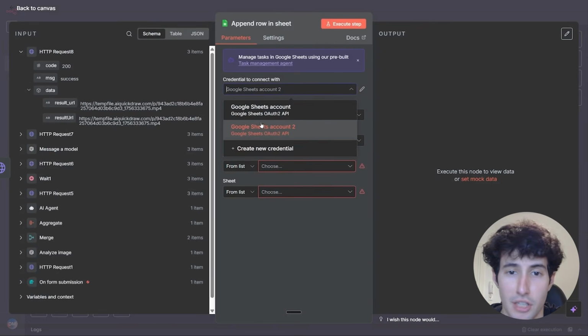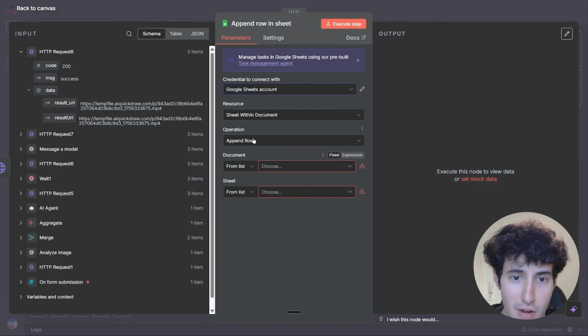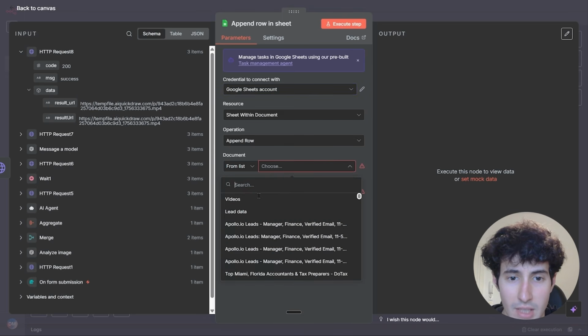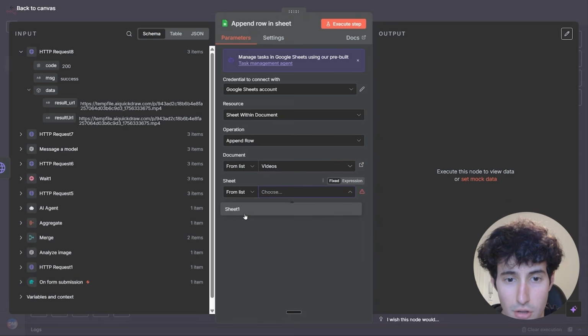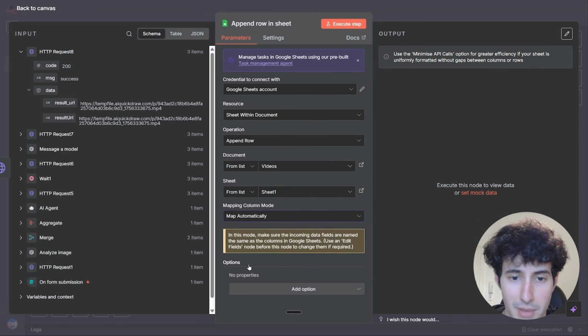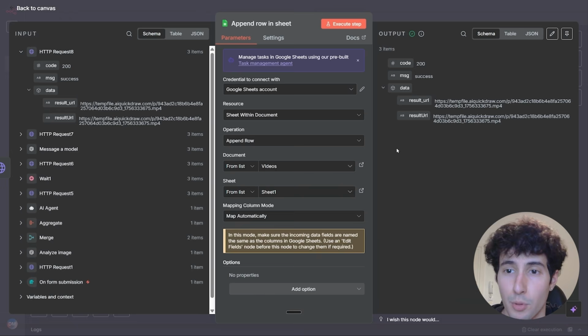Then we simply would need to select our Google Sheets credentials. I will select mine over here. We'll leave this on sheet within document. We'll leave this on append row. You simply need to select a Google Sheet. I will select this one that is called videos. Then you also need to select the sheet number, and we can map them automatically if we want. I will leave it on map automatically and click on execute step, and boom, this did output the links inside